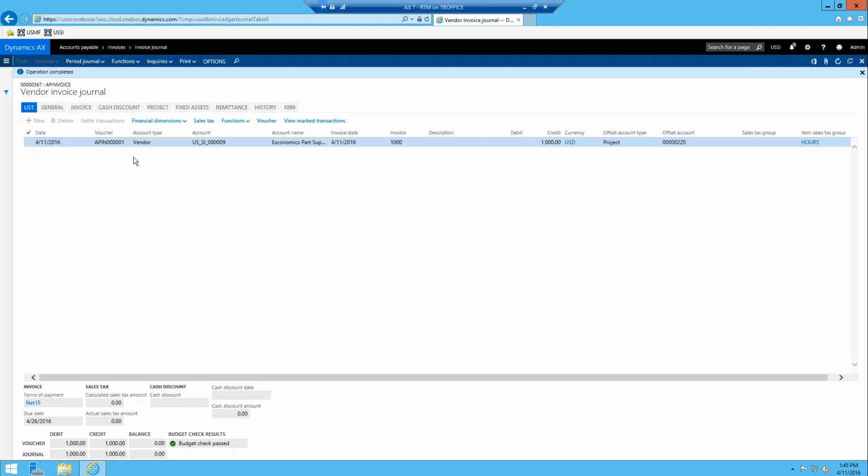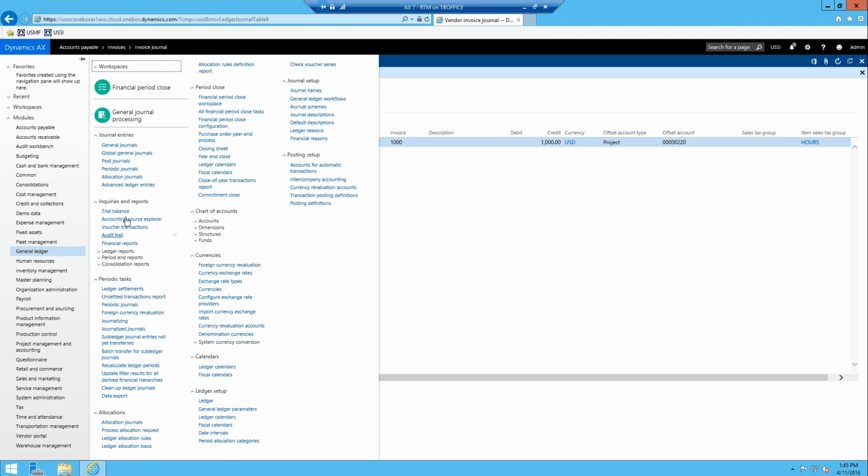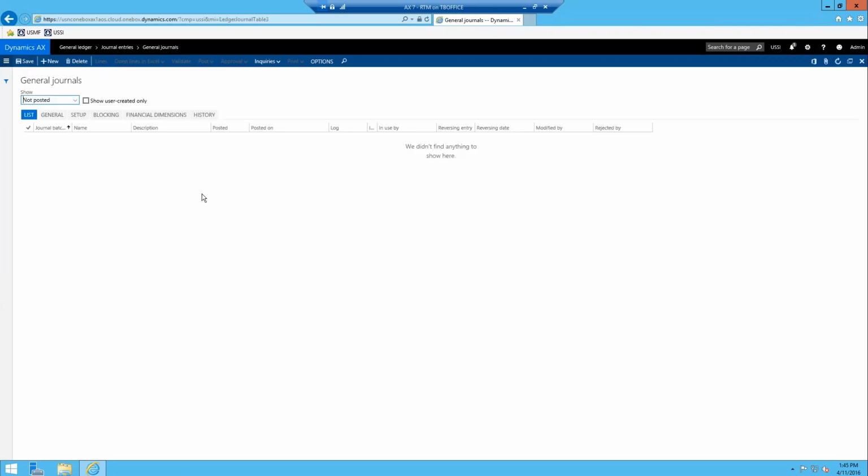So you can take the same scenario where you had a service done or you bought some kind of parts for a product, and I'm saying parts loosely because we're not going to define an item. It's just some sort of expense or some sort of invoice that you want to register towards a project. So we can do this from a general journal as well, and that's in the general ledger module. So under the general ledger module, under journal entries here, you can see there's a general journal. So we'll create a general journal,